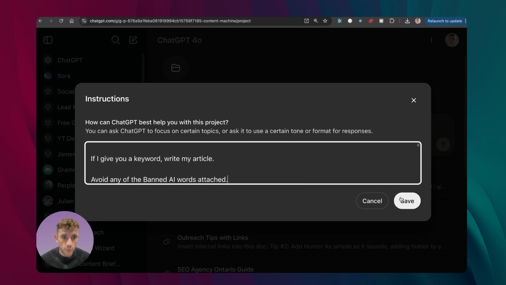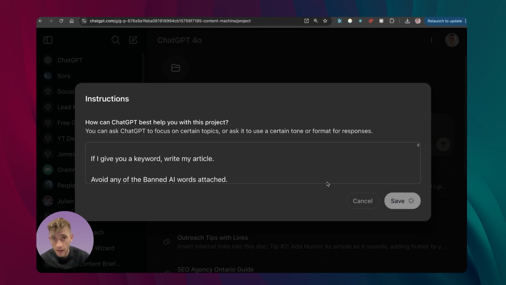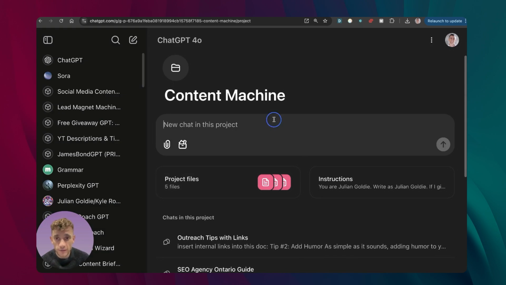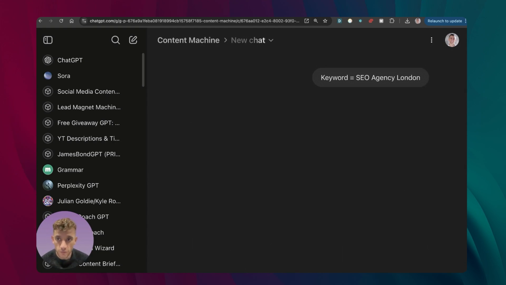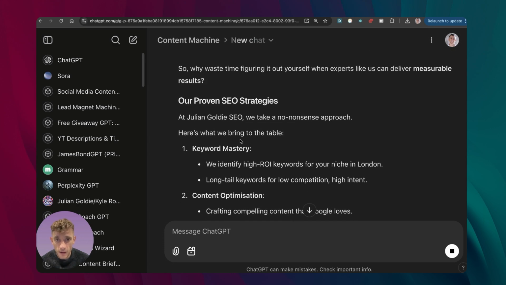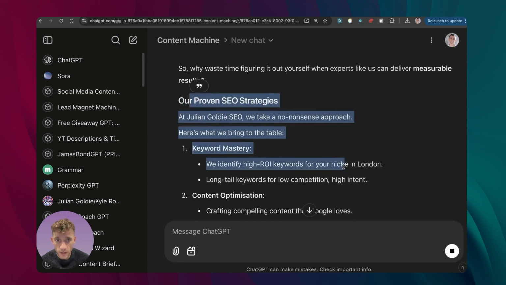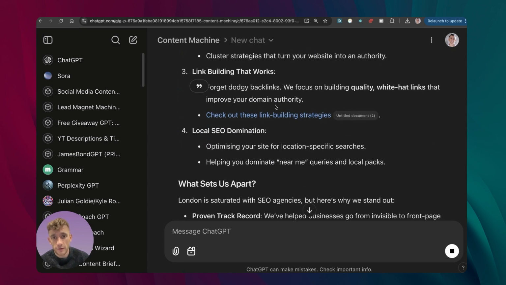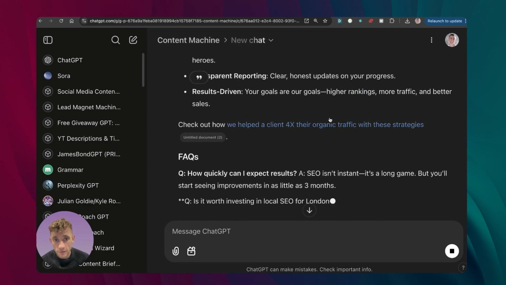And then each time we're creating content across any of the platforms that we're trying to create content around, we just avoid the AI trash, the AI fluff that we typically don't like to include inside our content. So now if we say, okay, keyword equals SEO agency London, for example, we can just avoid the AI fluff words. I can't see any on the page. I would have to double check, but you can see how you can quickly build out just a super powerful